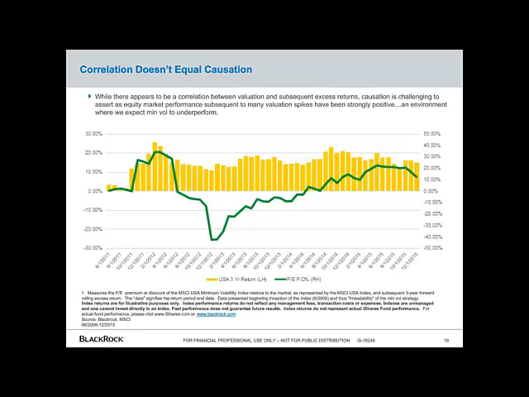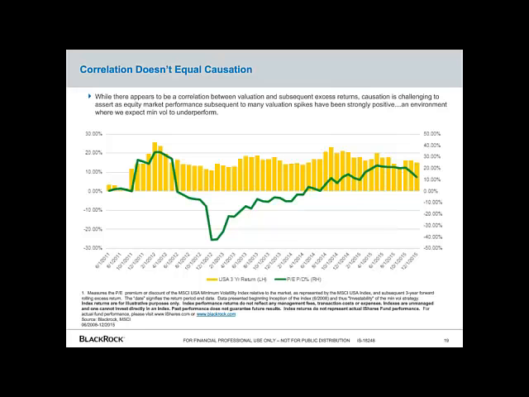In fact, if you look at the green line on this page, it represents the PE premium or discount of min-vol versus the rest of the market. The yellow bars on this page represent the subsequent 3-year return on the market. So you're looking at a point-in-time PE, and then forward from that, what was the 3-year return on the market? What you can see is that much of the data that's available on the min-vol strategies has come at a time when equity markets have experienced trending strong returns. So it's no wonder that the strategy has lagged after valuations were high. It should only capture a fraction of that positive move anyway.